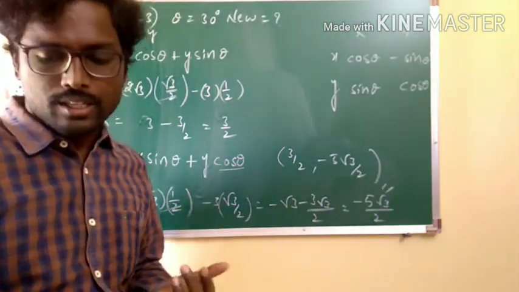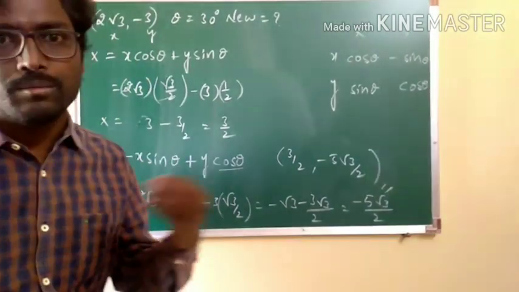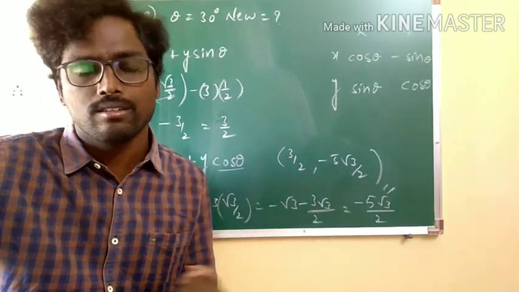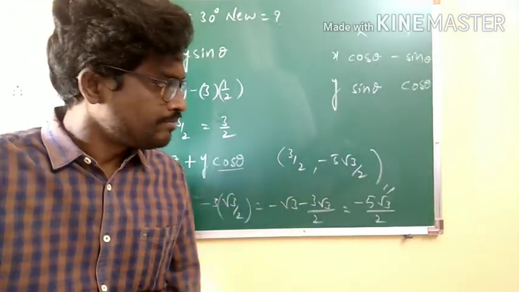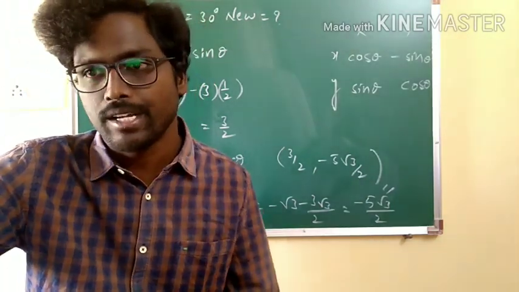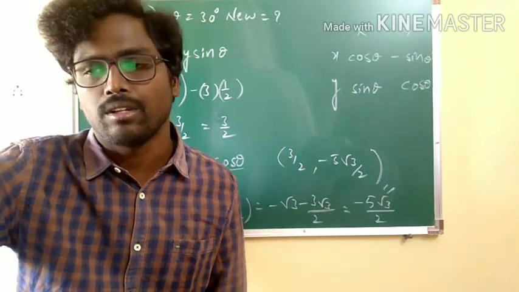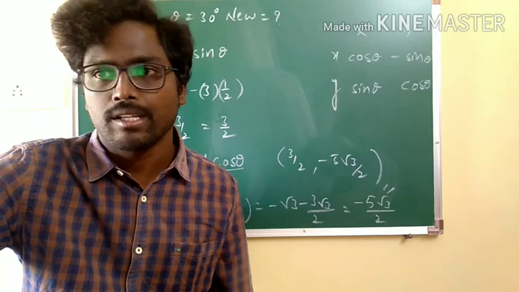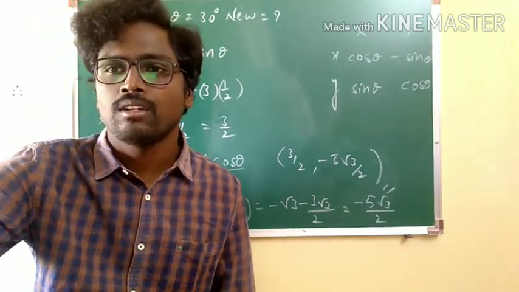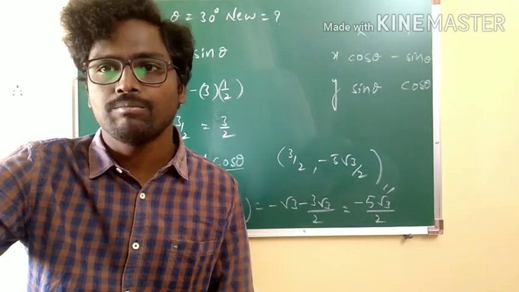You should be very careful in the calculation, because generally in coordinate geometry calculation errors will be more. If you are aware of those errors, no problem, you can do well. So here we have the options, and the suitable option is 3. Fine. Good. Let's go with the next problem.